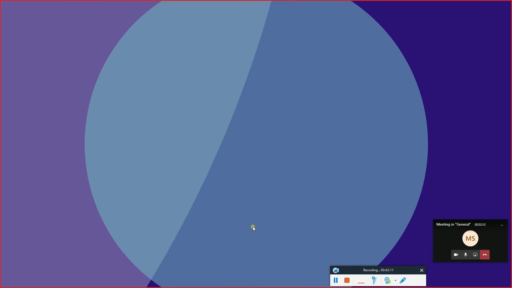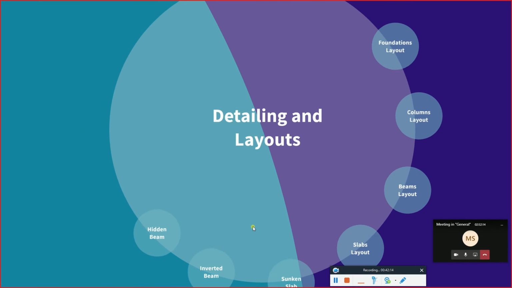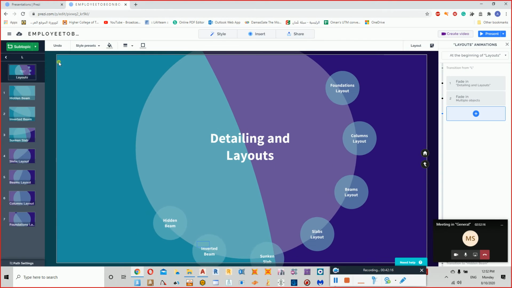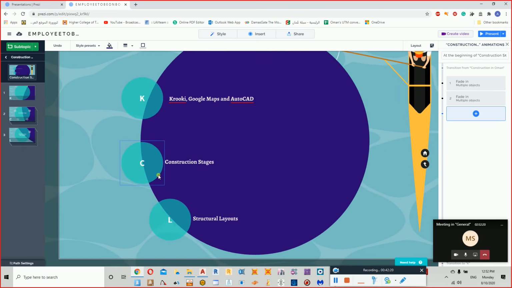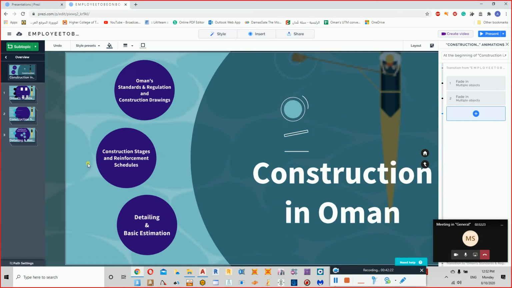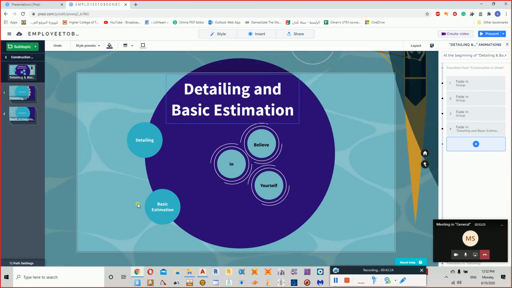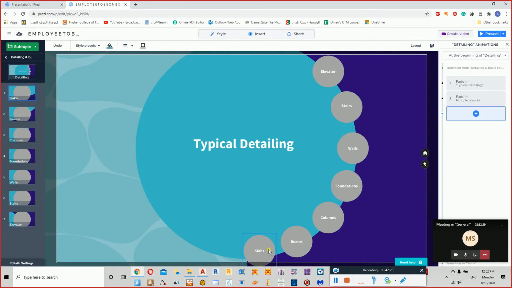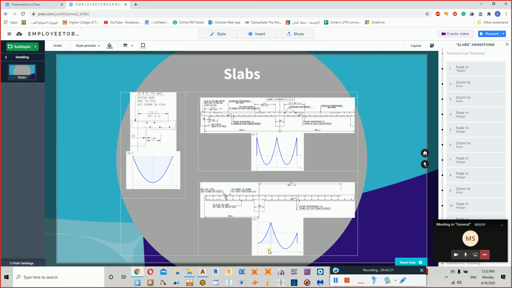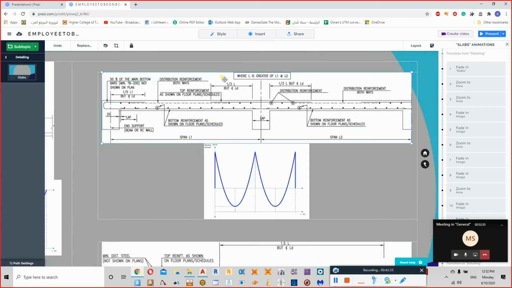Now, when it comes to, or let me take you to the detailing. Let me take you to the detailing, so you will understand. Tomorrow is supposed to be the detailing, but just to show you the meaning of the top reinforcement bar and bottom reinforcement bar. Okay. Now, if we go and see here,